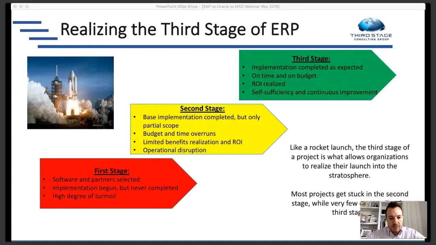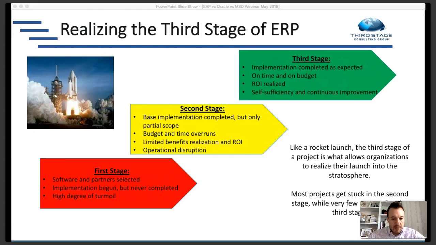Either the project fails outright and they don't finish it, or more commonly, which is where most companies get stuck, is in that second stage where they finished the implementation, but they didn't get the scope they expected. There was budget and time overruns. They didn't get the benefits realization of the ROI they expected, and there's some type of operational disruption. So that's where most companies, about 80% of companies, get stuck, is in that second stage.